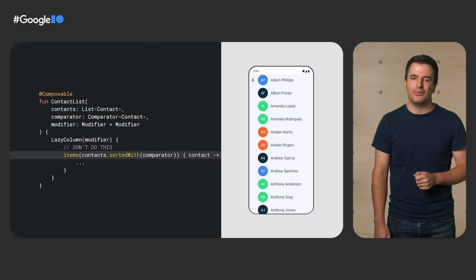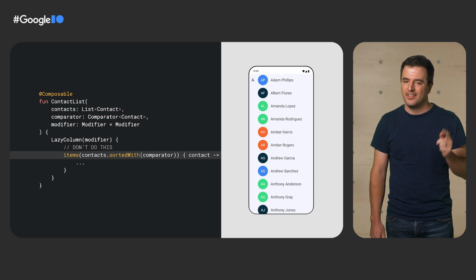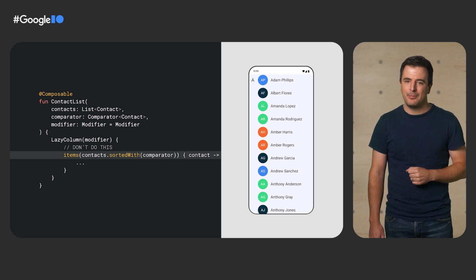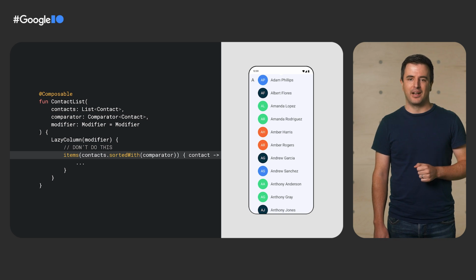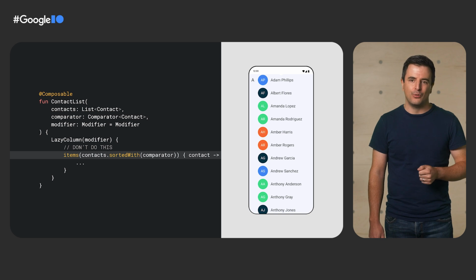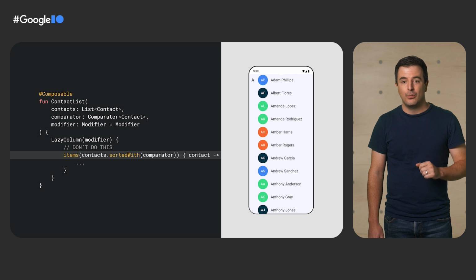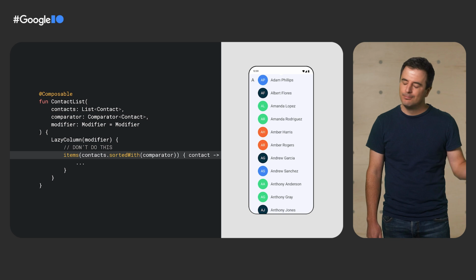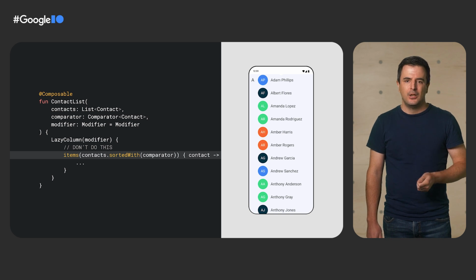If you guessed that the list would be resorted with every recomposition, then you are correct. Even though it might be easy to just sort inline like this, you have to remember that composables can be run very frequently and must be written with that in mind. In this example, we would have resorted the contacts list anytime a new row appeared on the screen. That's because when a new row appears, the lazy list composition scope is invalidated and Compose recomposes it. This means all our code is re-executed. Because our sort is inside this scope, the sort is called on every recomposition.